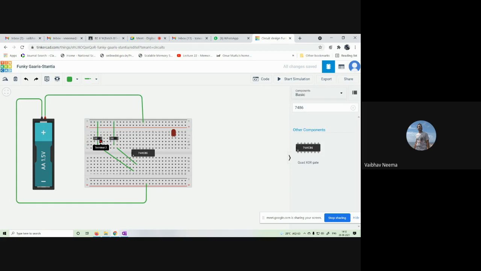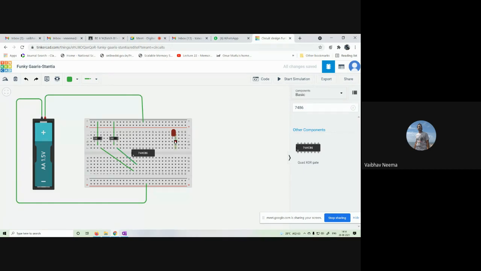Then terminal number 2 of the first switch, which is input A, we connect with pin number 1 of this 7486. For the second switch, terminal number 2 we connect with the second input of this 7486.